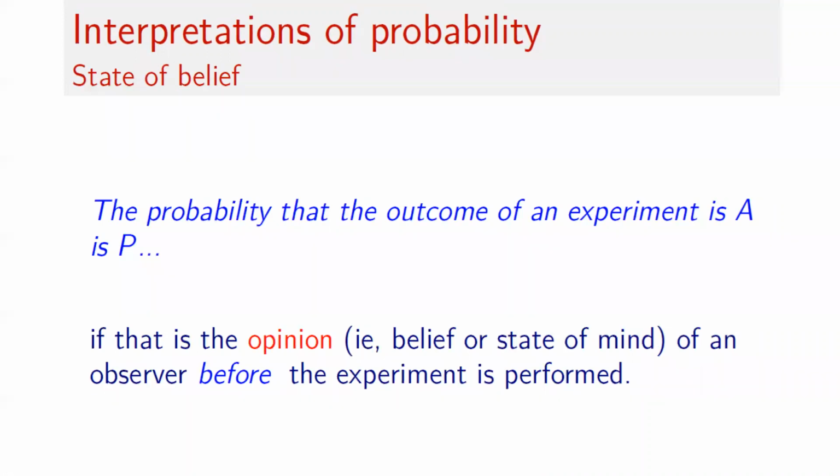And here we have the state of belief. In the state of belief interpretation, I am willing to base an action, such as placing a bet, on an opinion. For example, if the coin is fair, I have a 1/2 probability that it is heads or the other side. If I think the coin is fair, I am willing to bet less than $1 on heads if I get $1 if the outcome is heads.